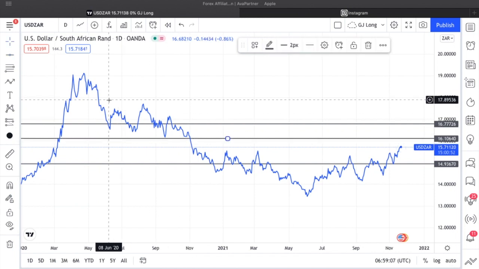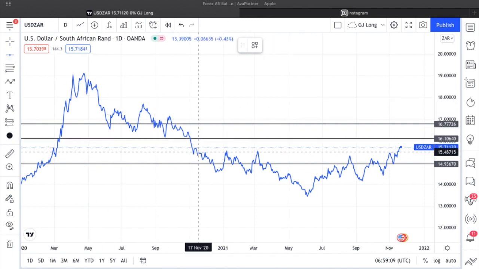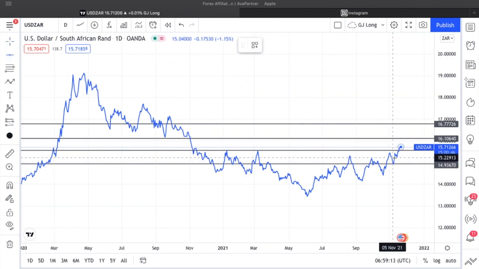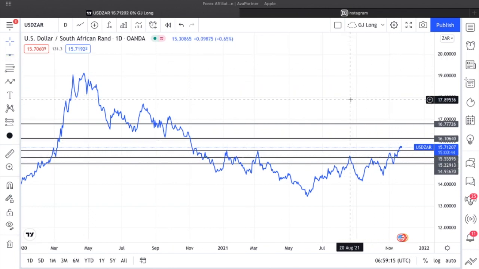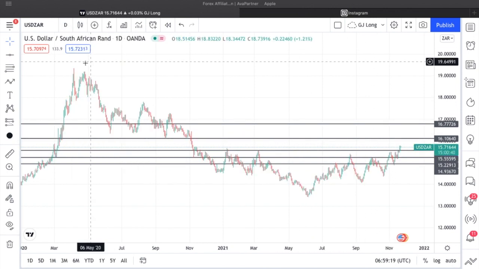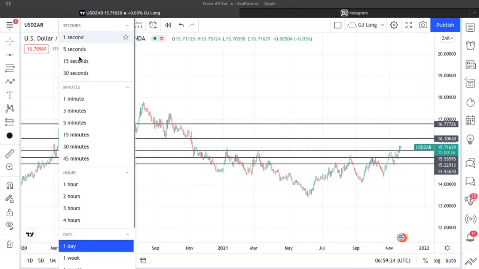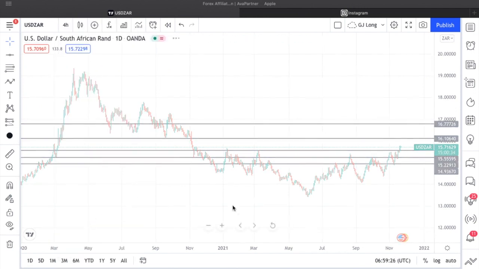So this is USD ZAR, and as you can see, I'm starting on the daily time frame, and then I'm marking my support and resistance levels, okay? If you are familiar with my channel, you'll see that I always start my analysis on the daily time frame. So this one was requested